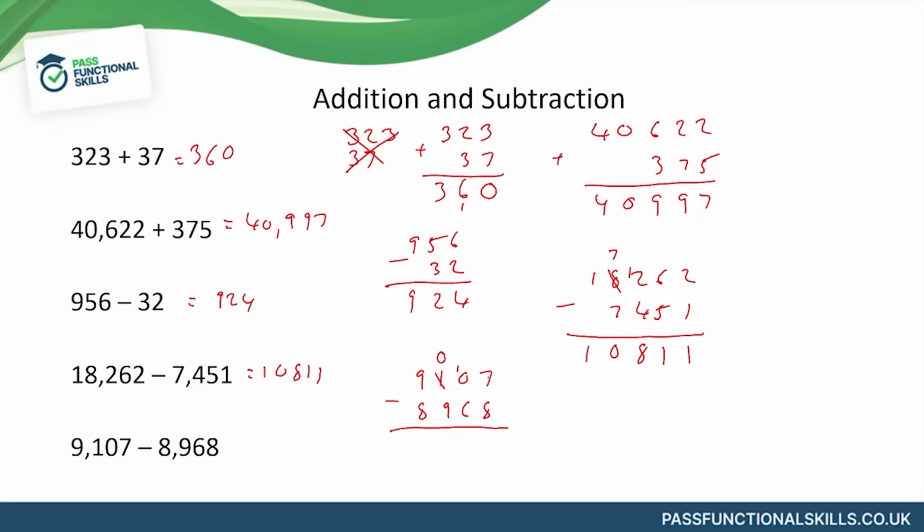Now, in order for me to do the 7 take away 8, I can now borrow from here. This 10 will now become a 9, and the 7 becomes 17. 17 take away 8 is 9. 9 minus 6 is 3. 0 take away 9, that can't be done, so 9 becomes an 8. The 0 becomes a 10. 10 minus 9 is 1. 8 minus 8 is nothing, so I could put in a 0, but I'm not going to bother. So the answer is simply